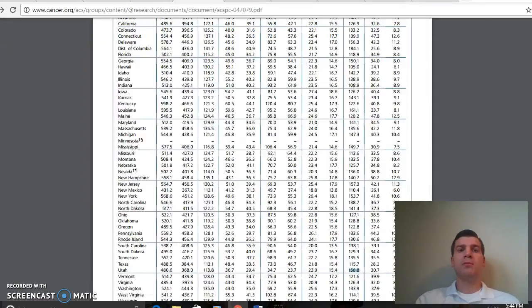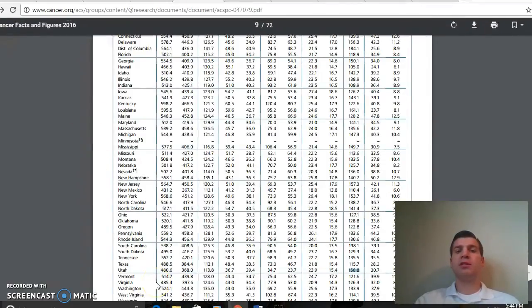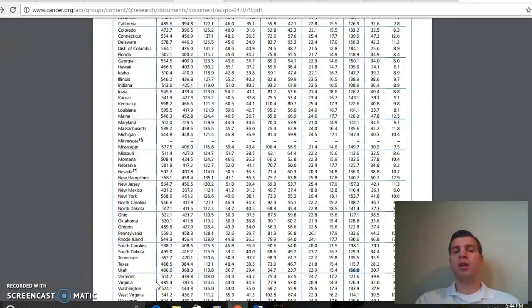If we go to the Cancer Facts and Figures, which is a resource that's produced every year, it has all the information about cancer. So if we go to Utah here, we'll see these 2 numbers are all cases for men and women, but we'll see that 113.8 is for females and breast cancer specifically, and 156.8 is prostate